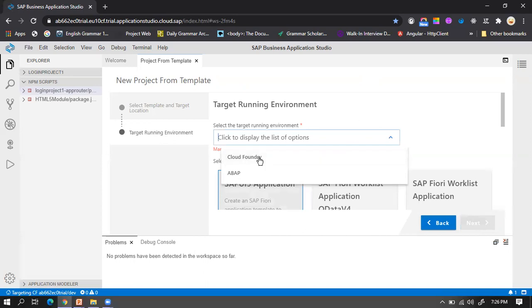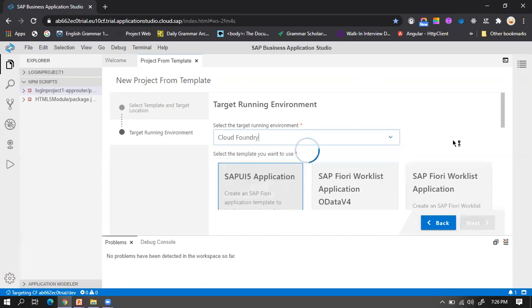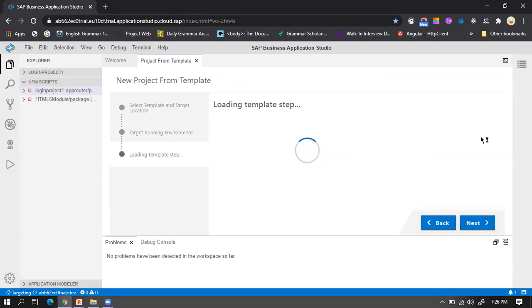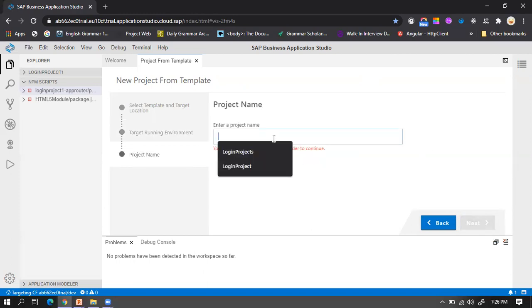Select the environment as Cloud Foundry. Select the SAP UI5 application and click on next. The application we are developing is a Fiori SAP UI5 application.